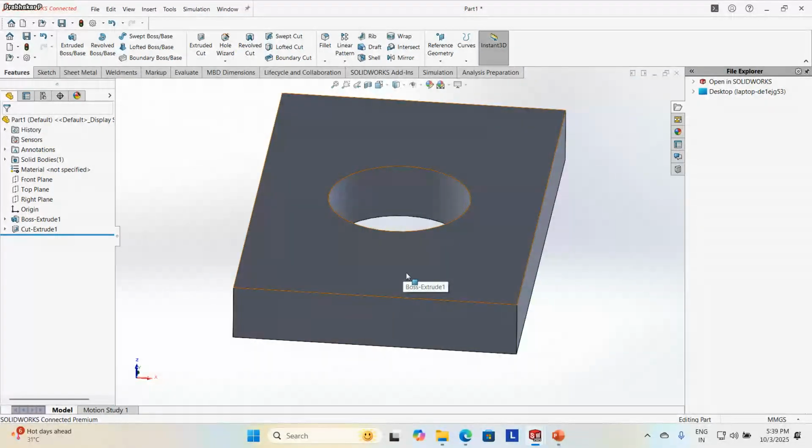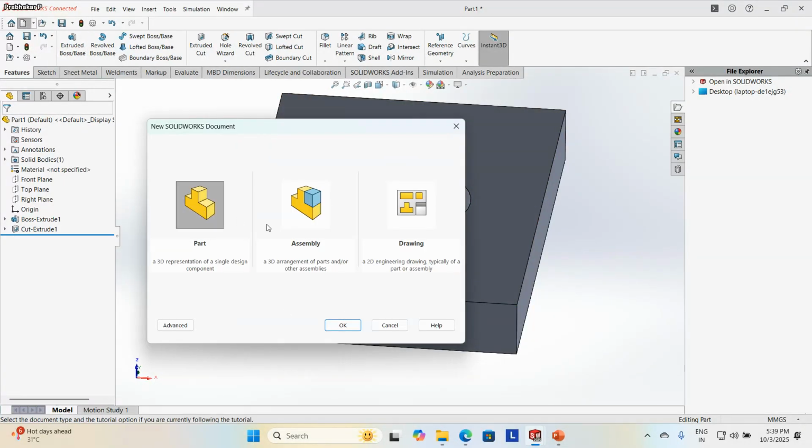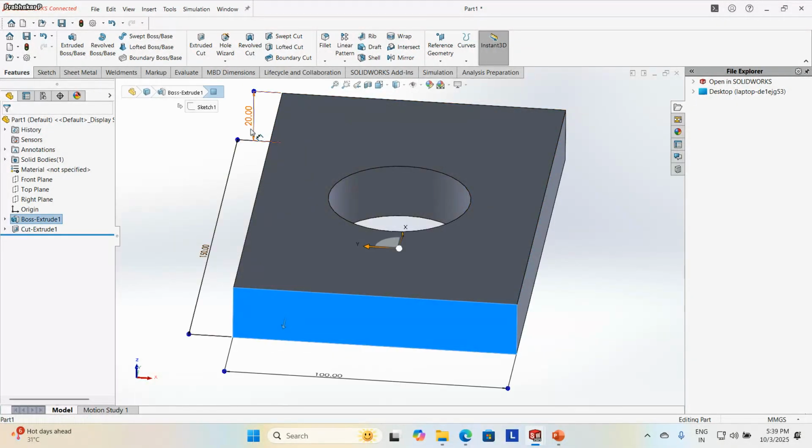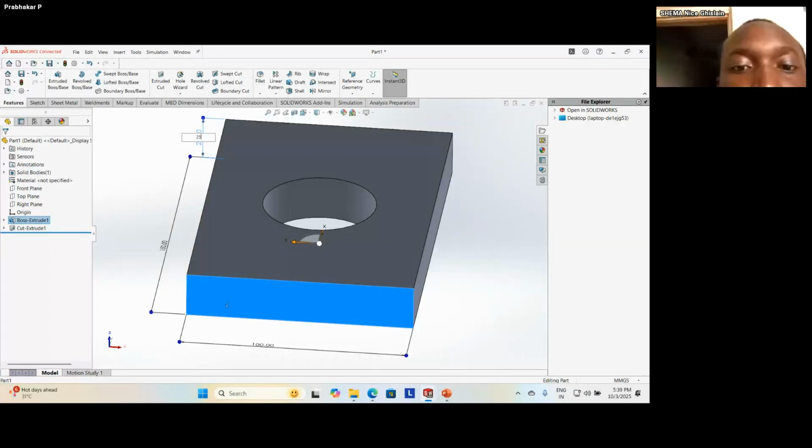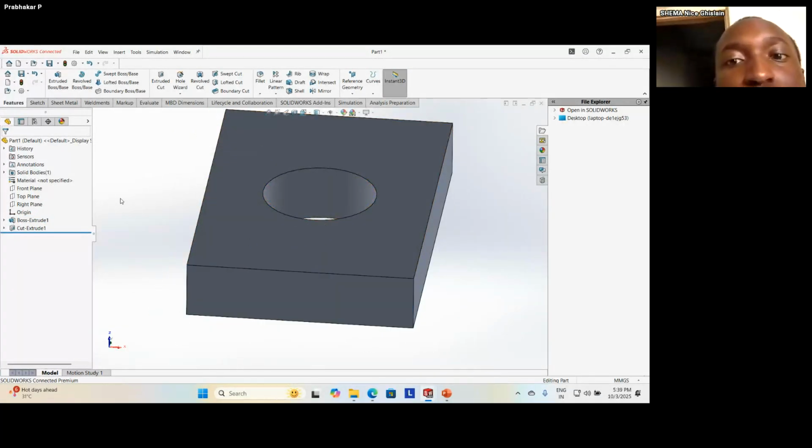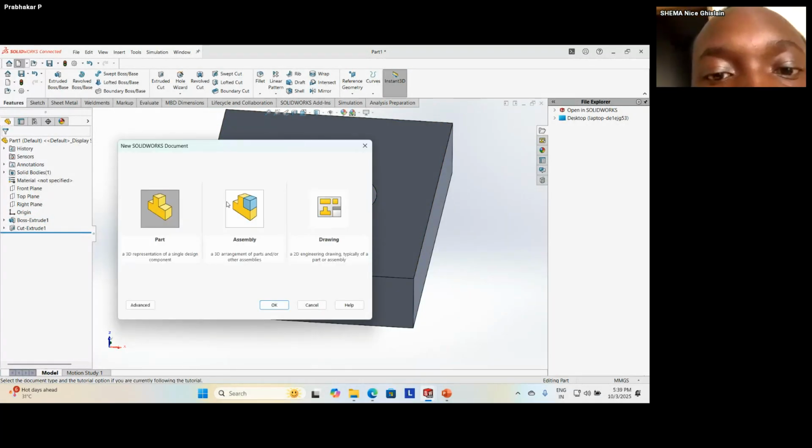The third property SolidWorks has is the associative property. As we saw here, there are 3 different environments: part, assembly, and drawing. If I make any changes in the part, it will automatically get updated in the assembly environment and also in the drawing environment.